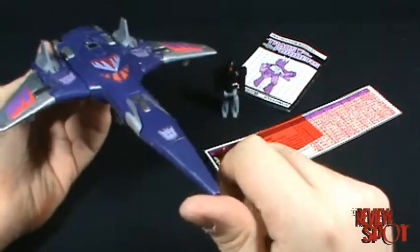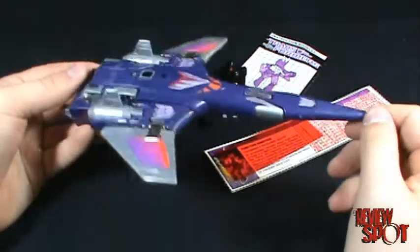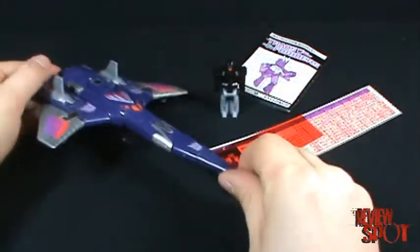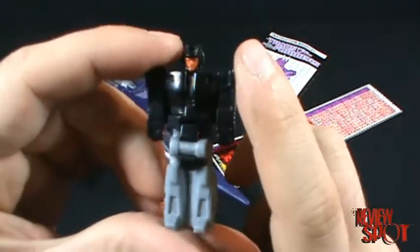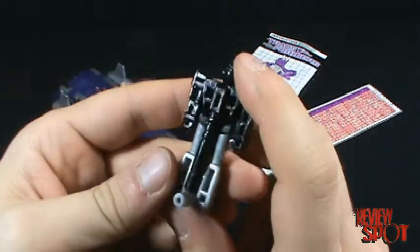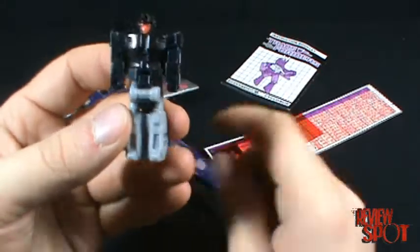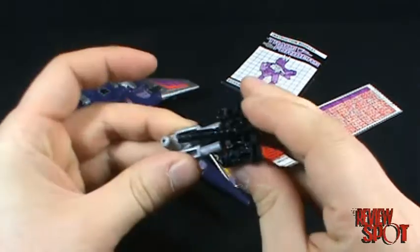As I mentioned, this is a Targetmaster, so this is the same mold as the initial Cyclonus. The only difference is that they've retooled a peg hole in the top of his jet. If we just put the jet down for a second and have a look at his Targetmaster counterpart Nightstick, being from the 80s, there's really not a lot in the way of articulation. The detailing is there, but the figure can pretty much bend at the waist, but that's about it,